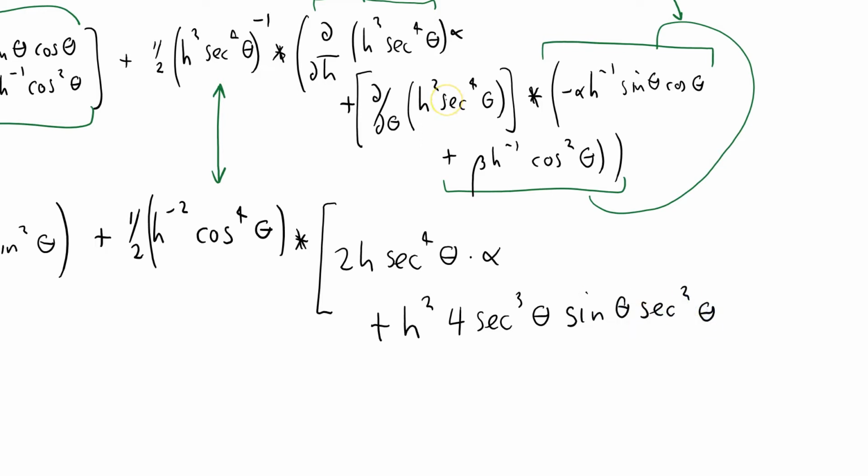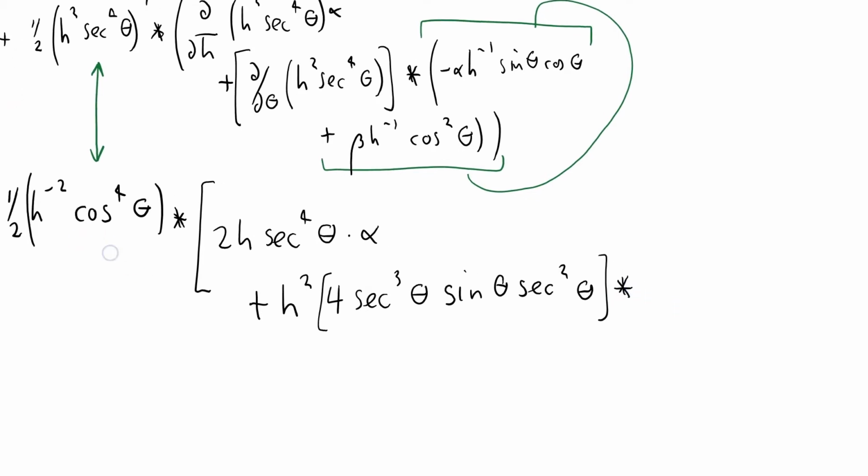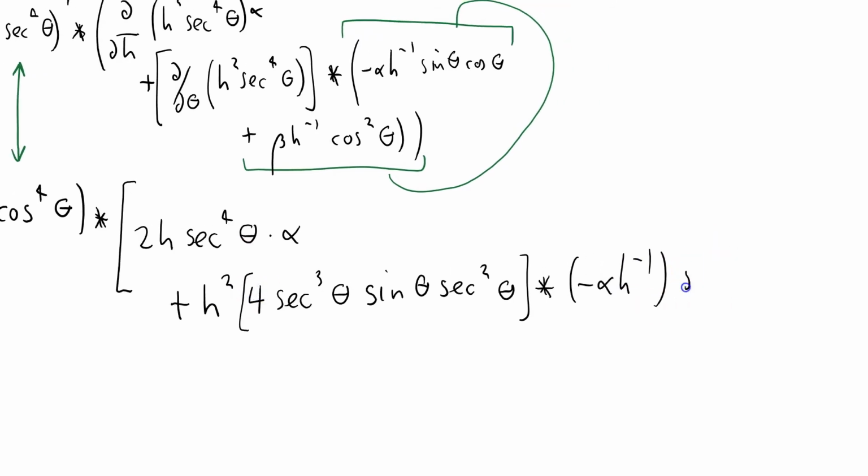That's that term there. Put that in brackets. Times, and I'm just doing the alpha term here. That term is this term here. Now we've got minus alpha h minus 1 sine theta cos theta